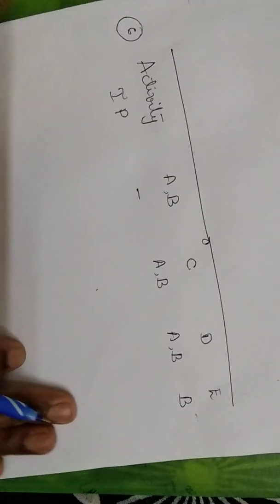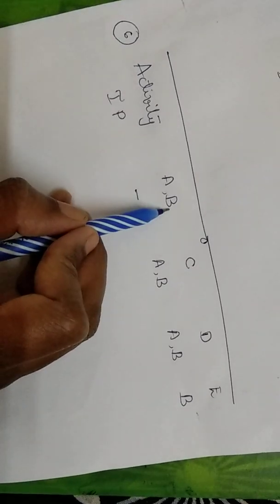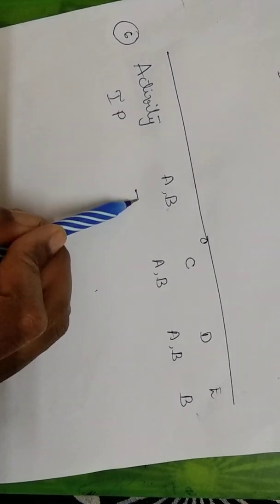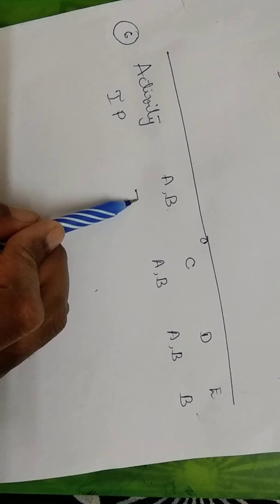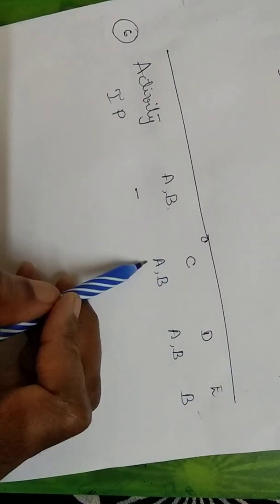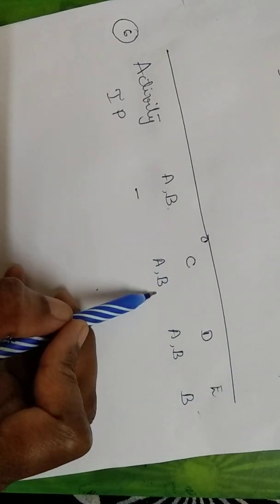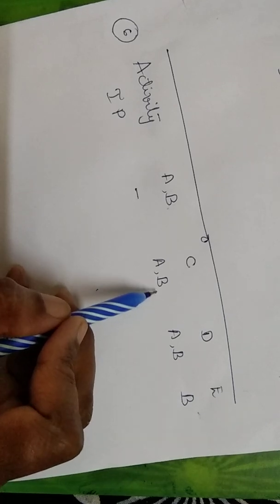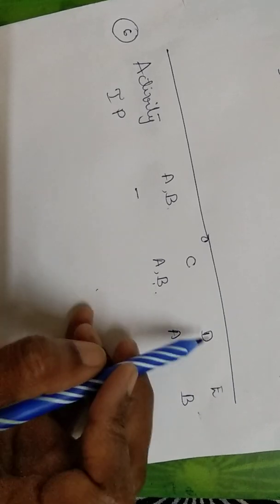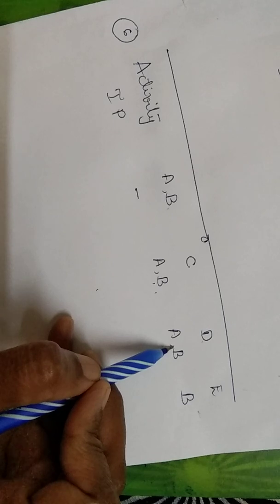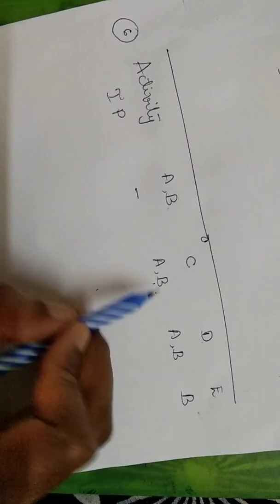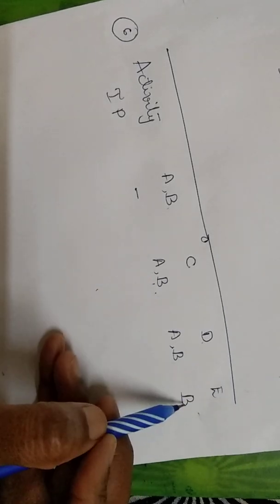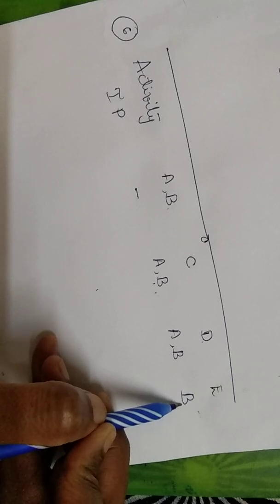Okay. So now let us go with the fix for the problem. If you observe here, A and B don't have any immediate predecessors, so those will be the starting point. For C activity, A and B will have to be completed, so that sends you information that you will have to draw a dummy line. For D also, you will have to complete both A and B, and for E only B will have to be completed.